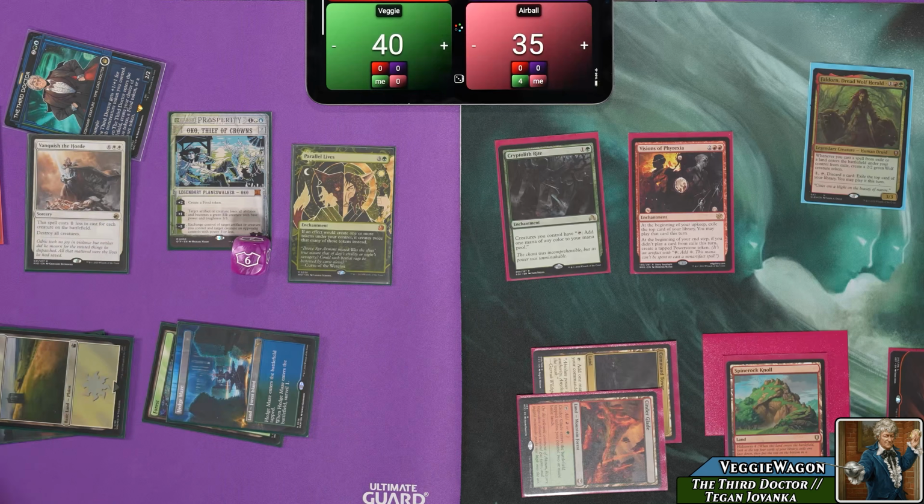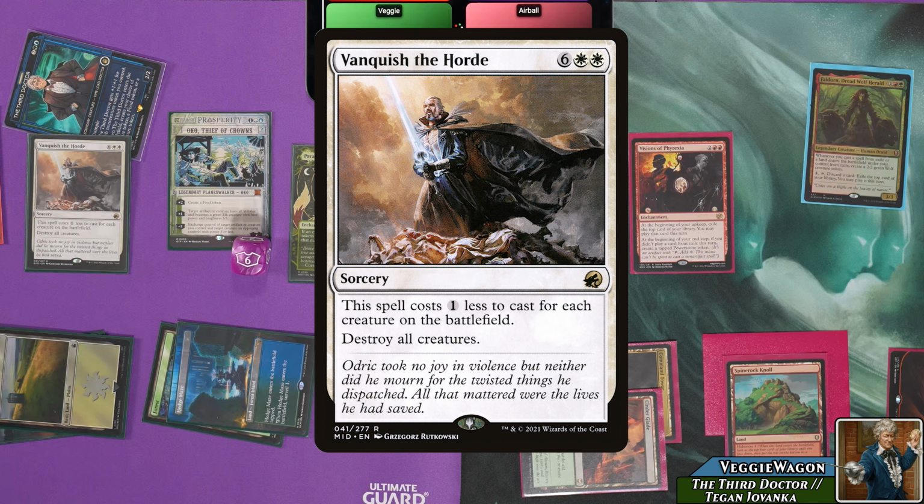And that's a pretty good choice, because now what we're going to do is pay 2 for this Vanquish the Horde. It costs 1 less for each creature on the battlefield and destroy all creatures, but the third Doctor is indestructible. I almost never play symmetrical board wipes, but if one of your commanders can give your other commander indestructible, then every board wipe is to your advantage. Brina is also indestructible, but I don't think that's quite enough for my taste,